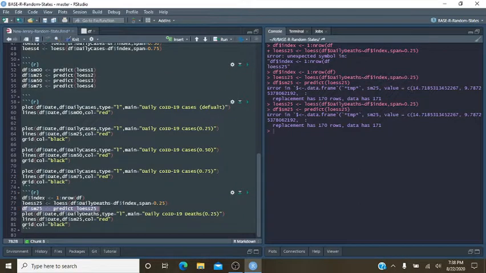Why isn't this running? Index is good. It doesn't like this for some reason.